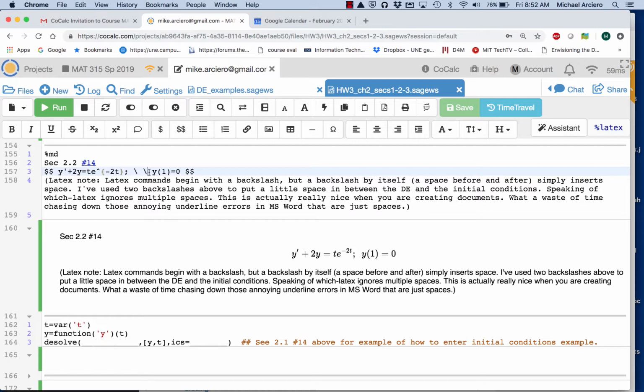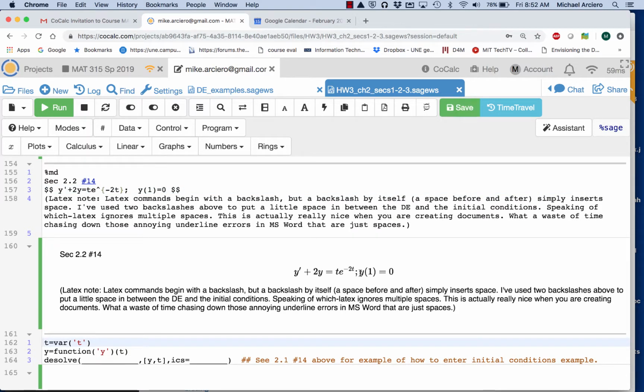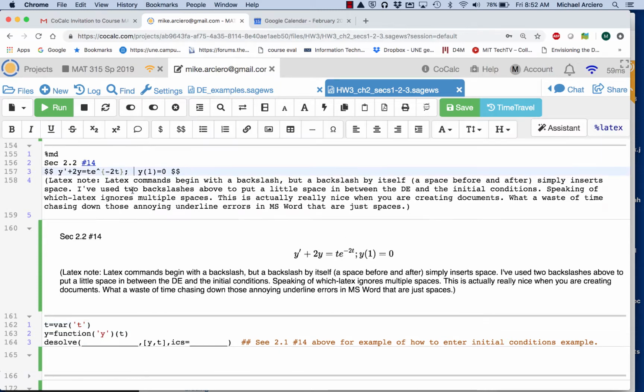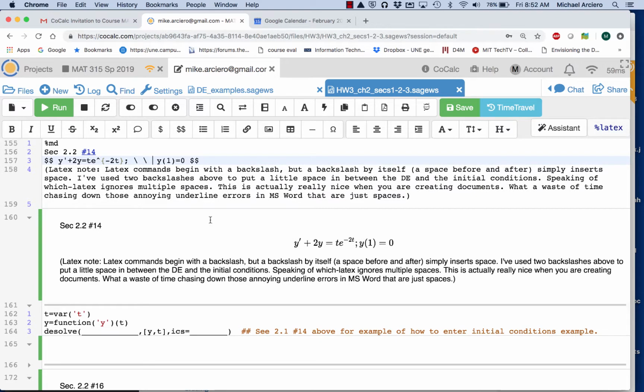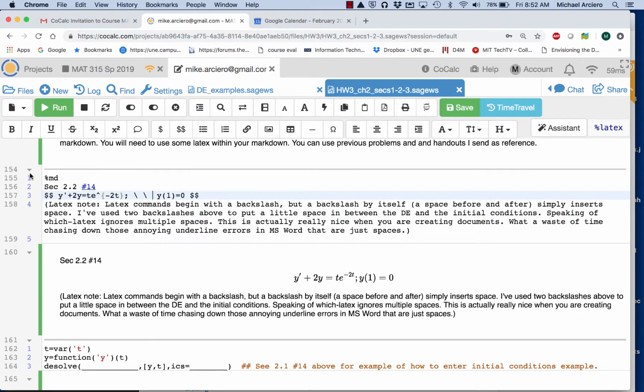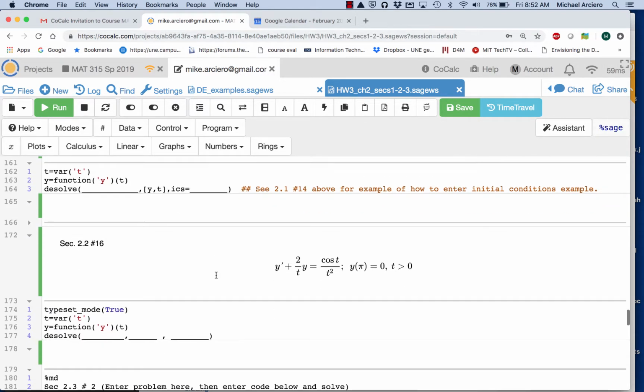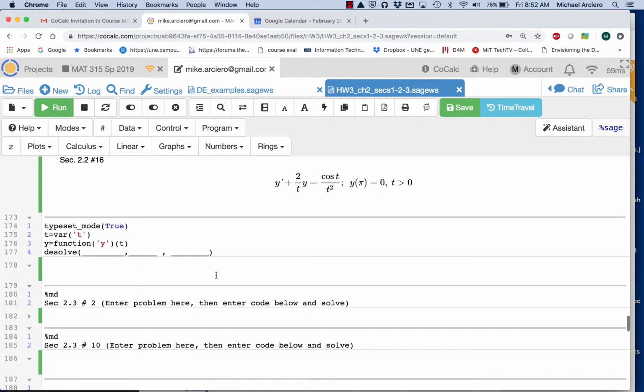If I didn't have those spaces there, the initial condition is kind of jammed up next to the equation. I don't like that, so I'm going to put a couple of those in there. Let's close this off. I think everything else is